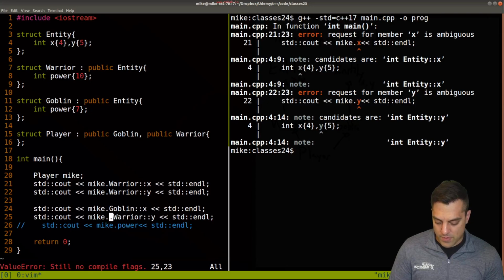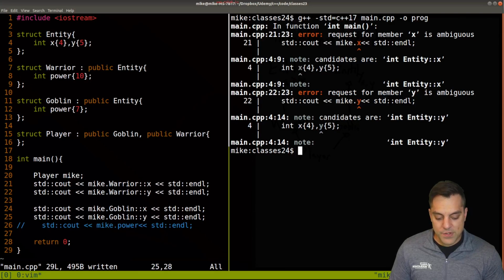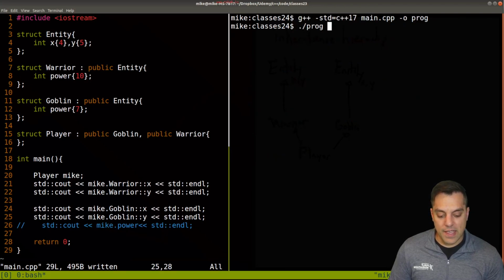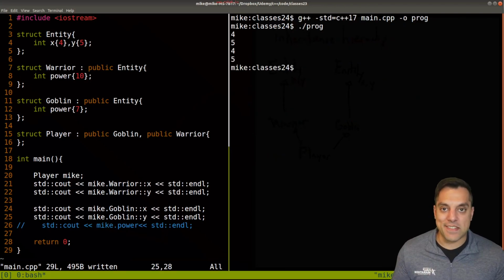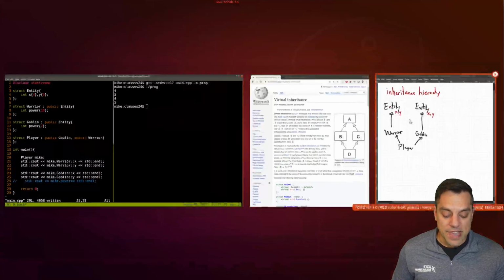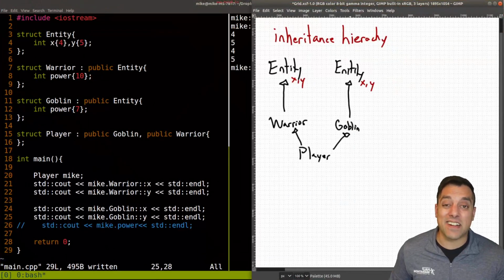And I'll go ahead and repeat that here for goblin. Okay, so now let's go ahead and give this a compile, and I'll run it, and we can see that this works here. Okay, now they happen to both have the same value here, but again, here is the X and the Y value from our warrior, and then likewise from our goblin, because again, here is the actual inheritance hierarchy that is